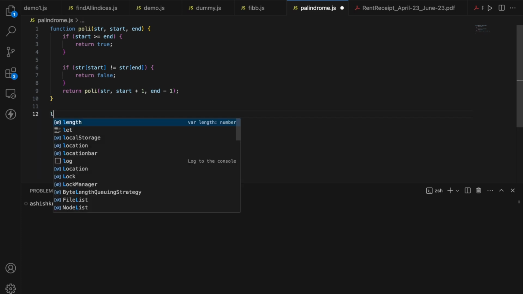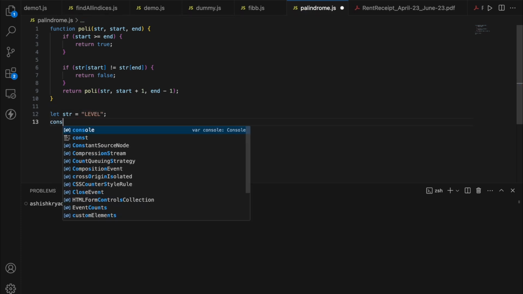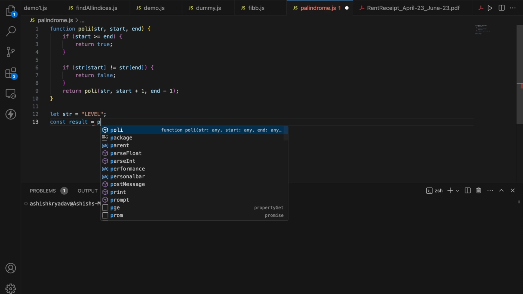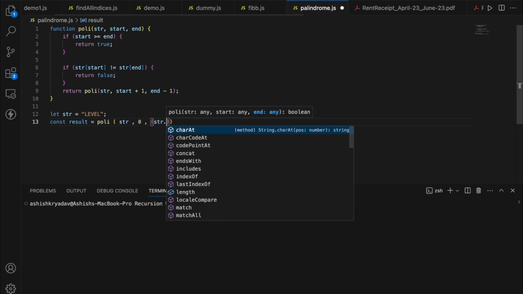Now here we will define a variable str, inside which we will store level first. And here we will write a variable result, inside which we will store the value which the function is returning. We are going to pass the string, which is level, then the value of start, which will initially be 0, and the value of end. So the end will be str.length